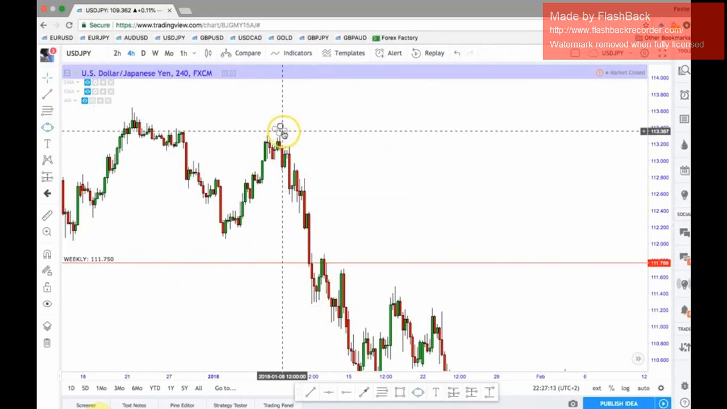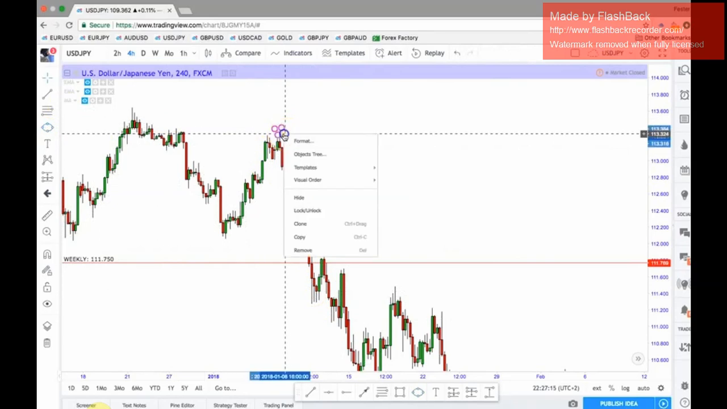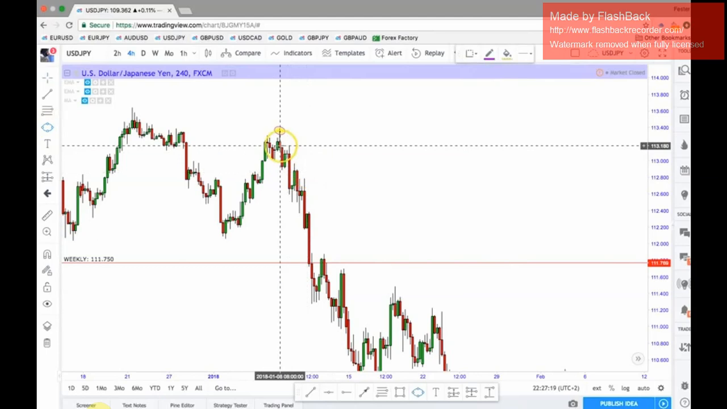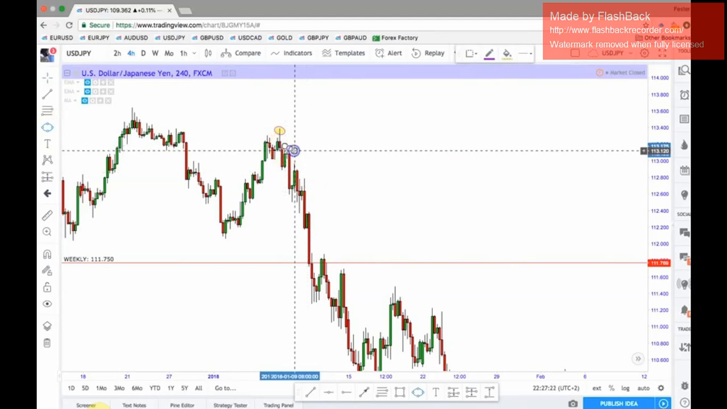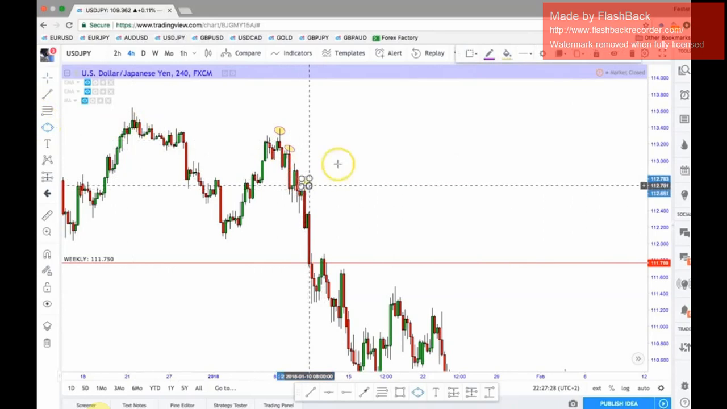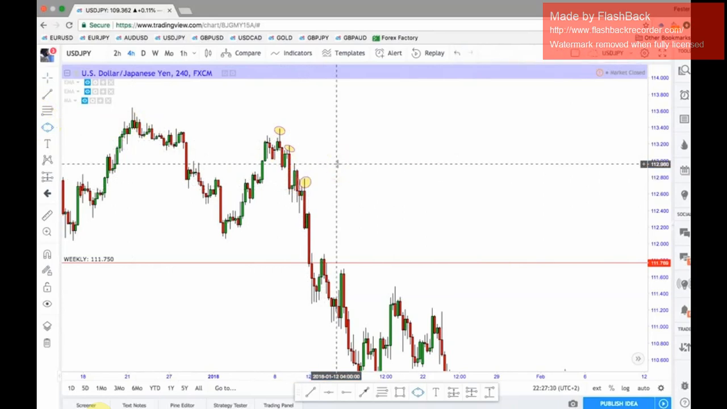Are we placing the fib top of this week, or are we placing the fib here, or are we placing it here? Okay, so how do you know where to place it? So what you need to do is